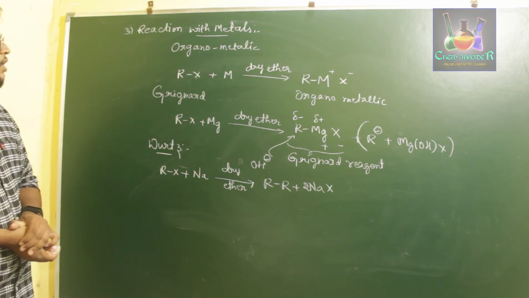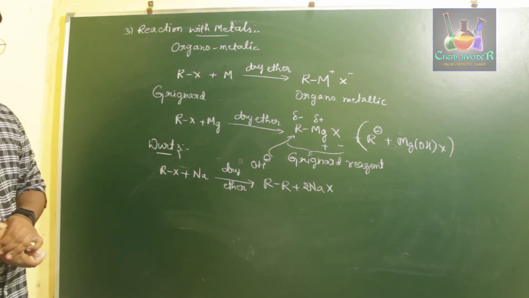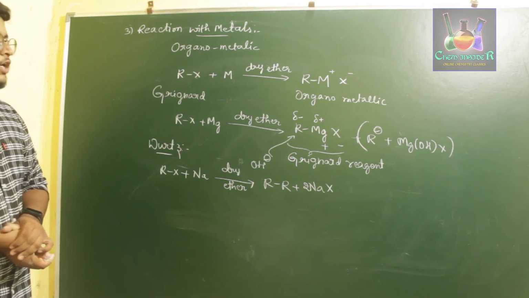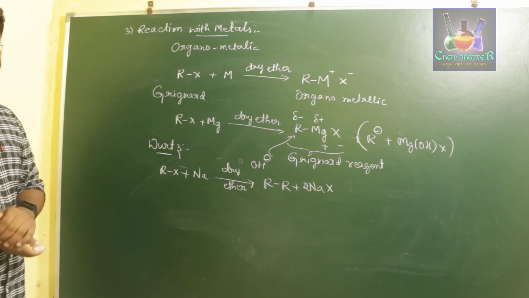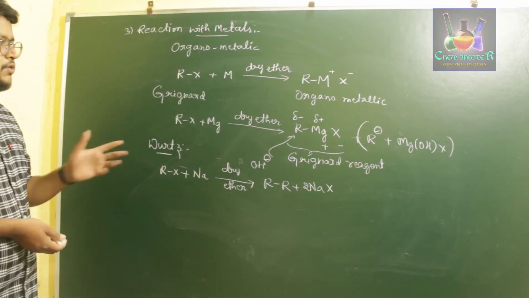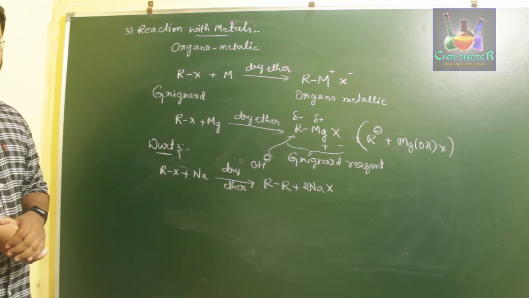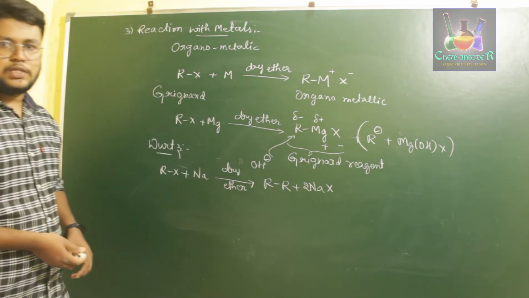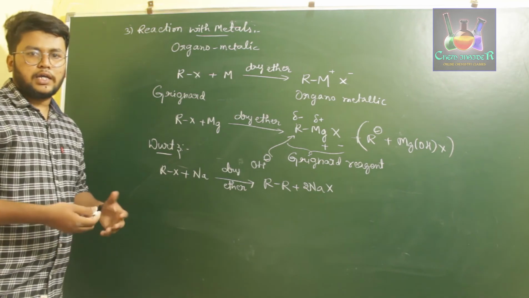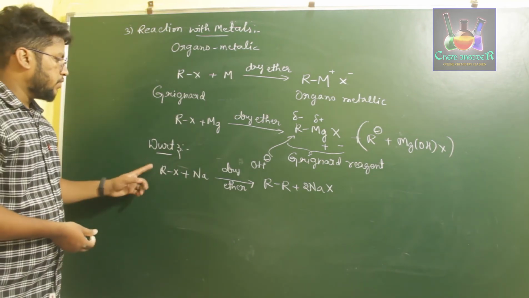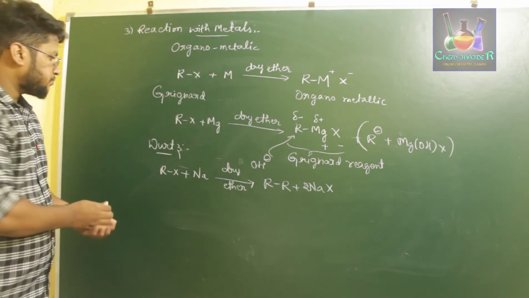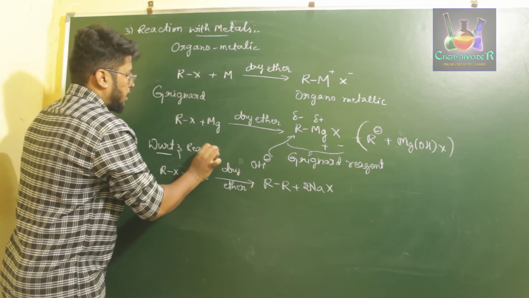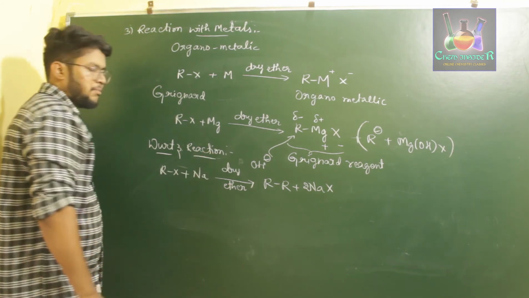In the first one, we observe the reaction of a metal forming a Grignard reagent, which is nothing but an organometallic reagent. It also forms alkyl lithium compounds. They have certain uses where they act as a nucleophile, giving R minus compounds for us, which can be used for reacting with other compounds to make higher alkanes. And in the second one, the Wurtz reaction, we prepare higher alkanes from lower alkyl members.